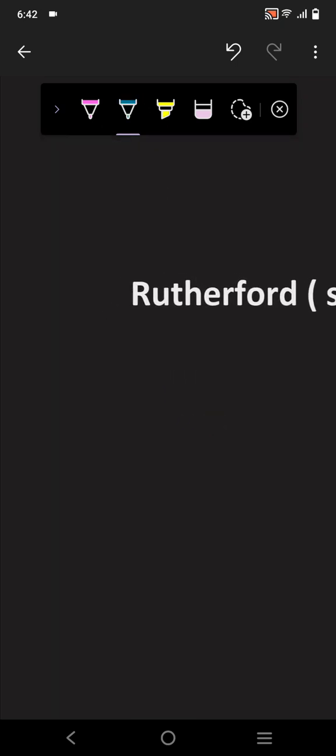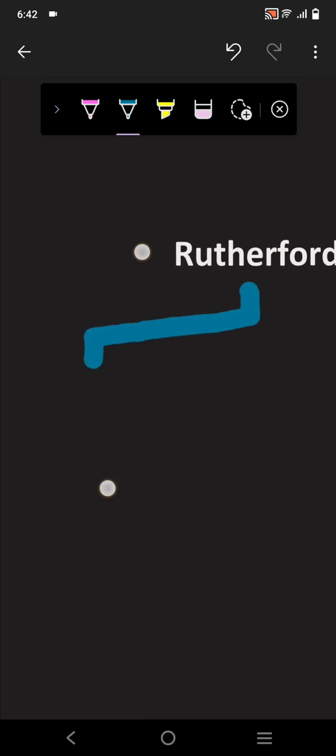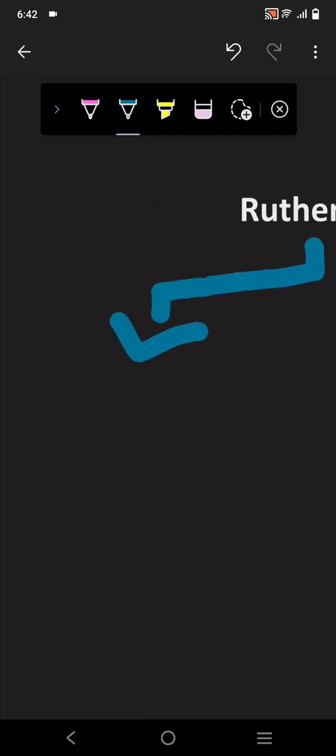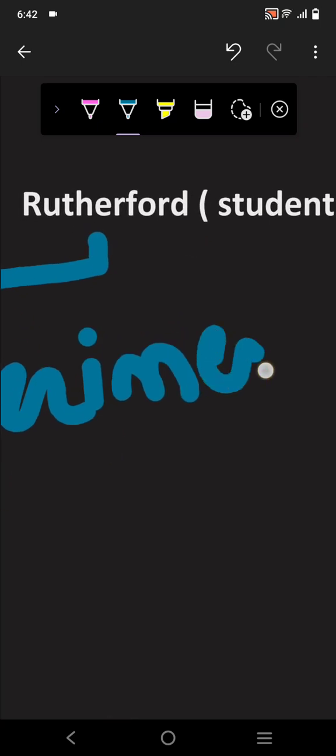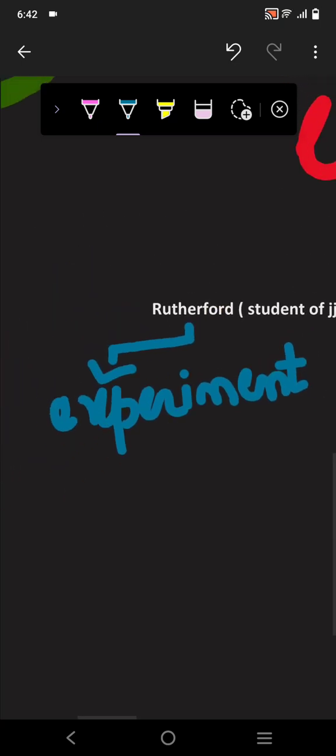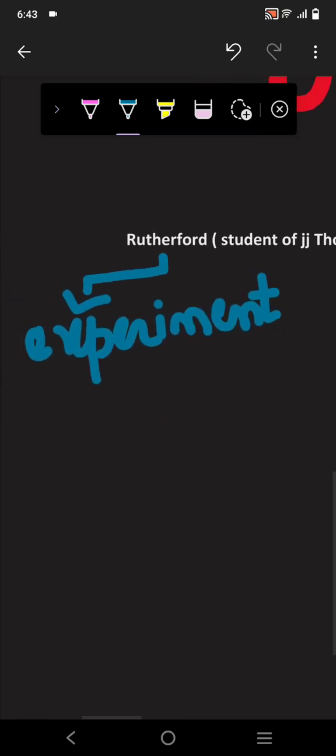organized an experiment, right? And Rutherford remembered all the things his teacher J.J. Thomson had said, like the electron is positively charged. So he said, why not experiment on it? Why not see it with a clear vision? Let's just watch it. He did an experiment. Now you need to remember over here that he actually did the experiment. And that experiment